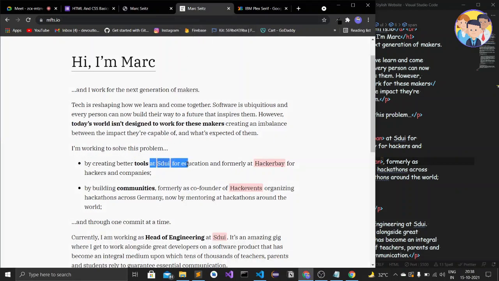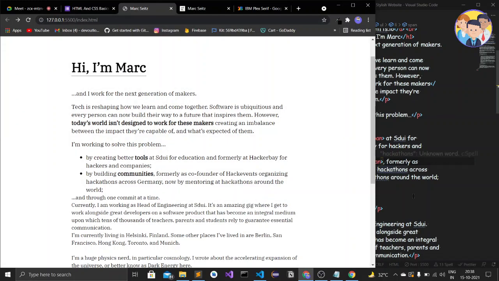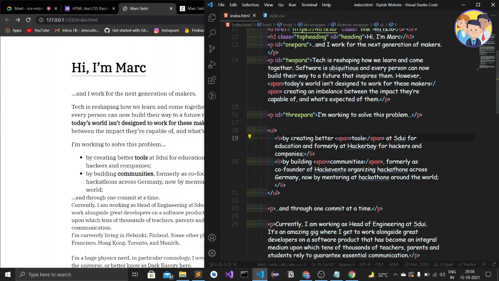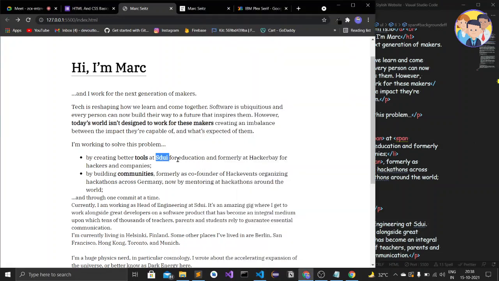Now let's give this effect, this background effect. Let's try this. Here I will give the span to this one also, and I'll give a specific ID to that span. Control X, control V. I'll give an ID as background EFF, meaning background effect. When I save it, it is also bolded.